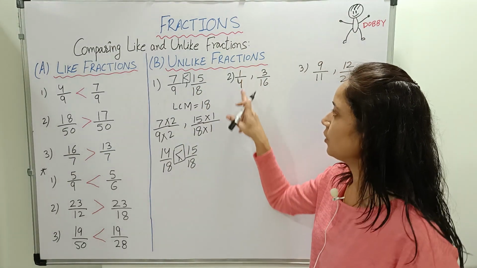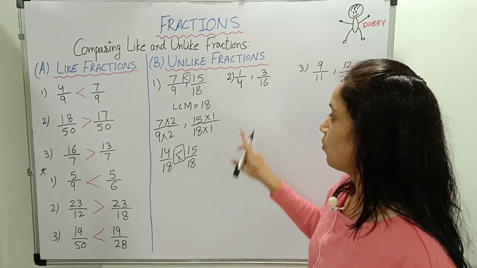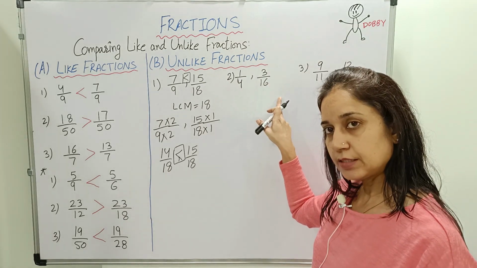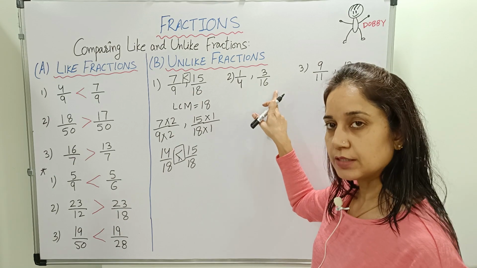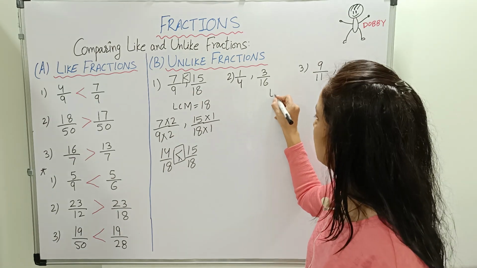Coming to the next, 1 upon 4, 3 upon 16. First check out the new denominators. Can 4 be turned into 16? Yes, 4 4s are 16. That means the bigger number is the LCM. LCM equals